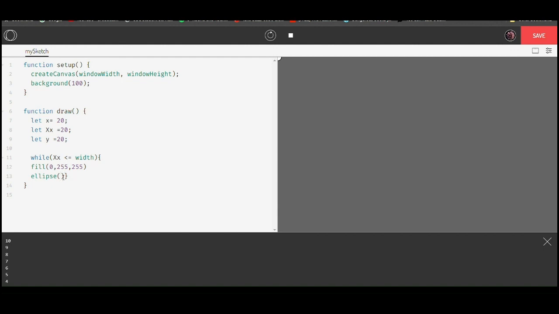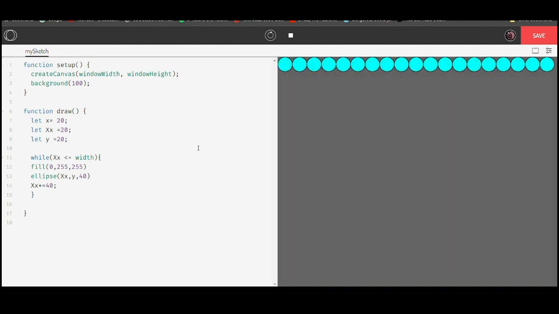Let's draw an ellipse at the position of xx, y with the size of 40. And then I'm going to increase xx plus equal 40. Okay, so let's run this and see if it works. Great. So what's happening over here is an example of a while statement that is running with a